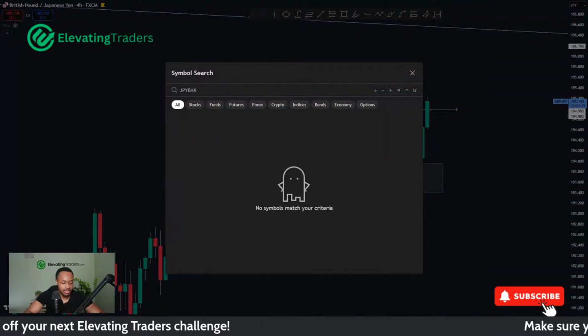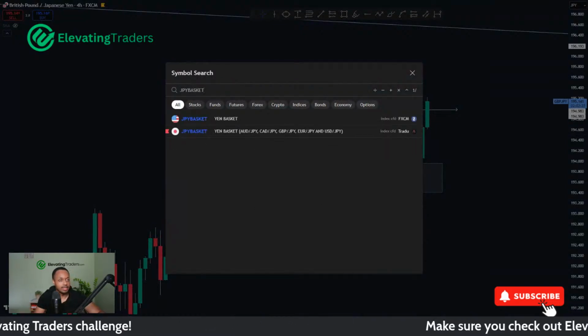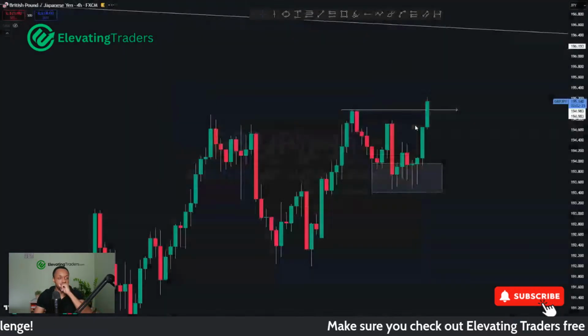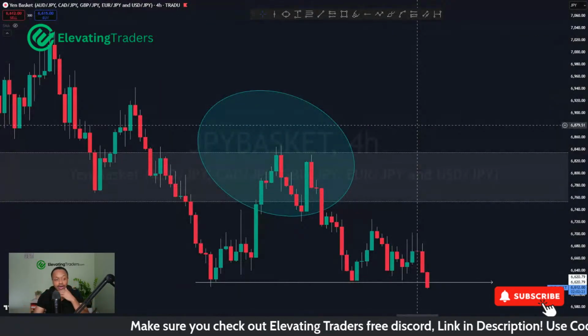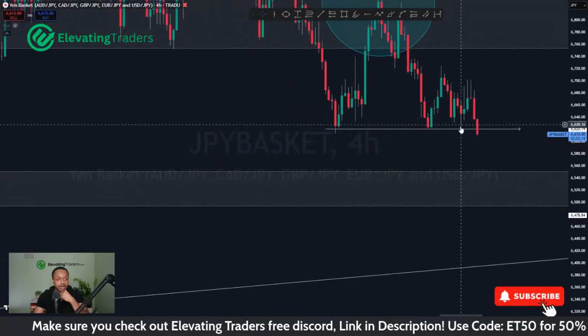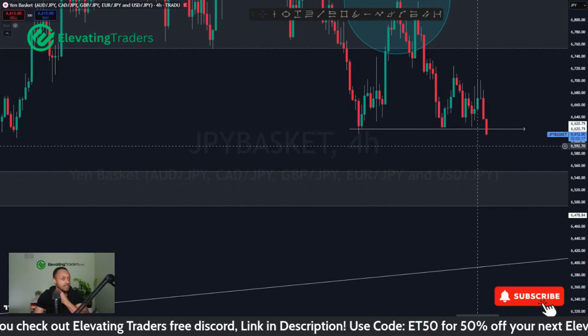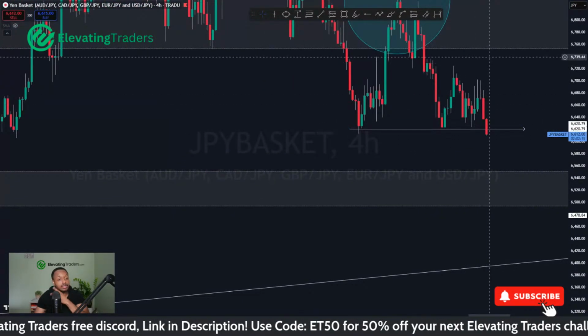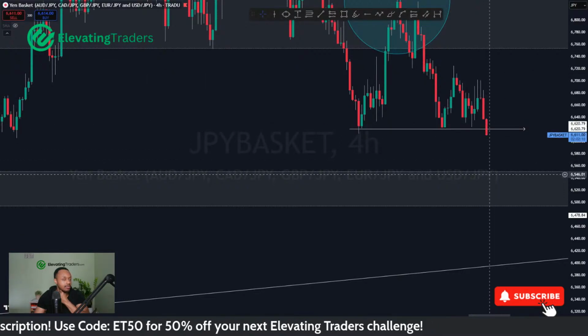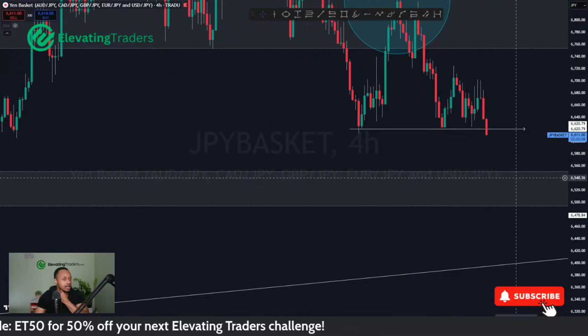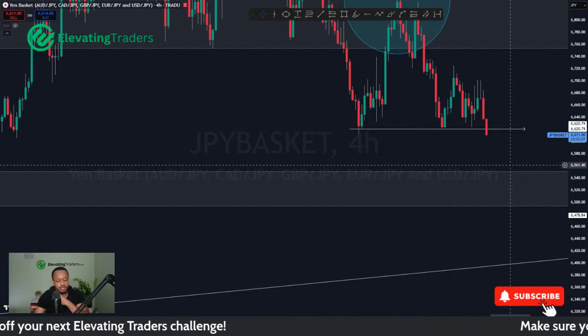If this can keep it up, then it's always going to be difficult for pound yen to go against that. But we'll see how that closes. It's still got 2 hours to go before it does close, and could very much pull back and respect it as support, which could make things interesting for pound yen. But I do think at some point we're likely to break through and come back and test 6,500s.